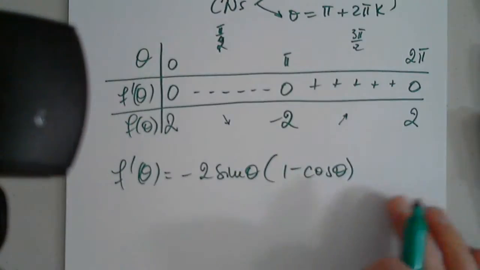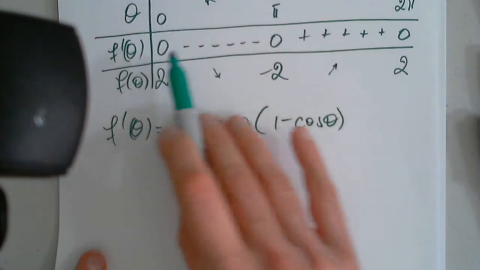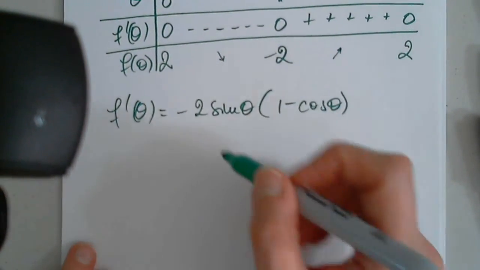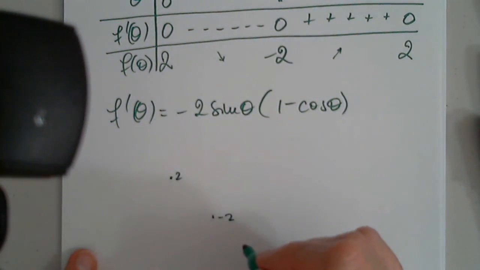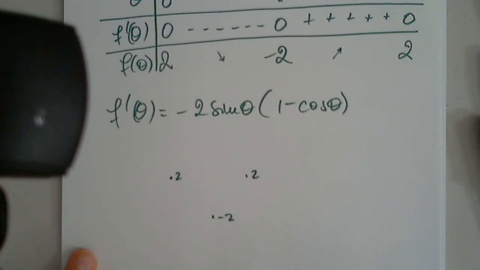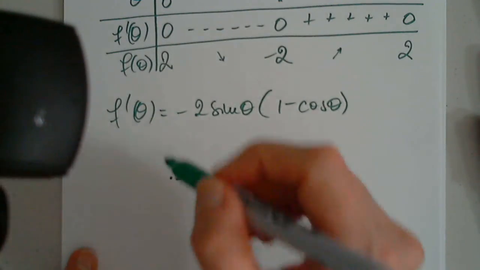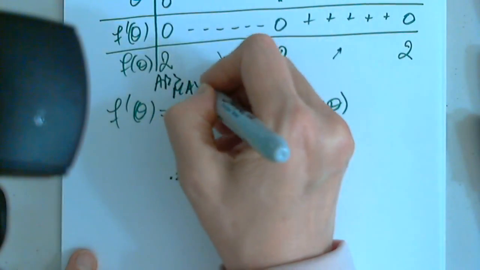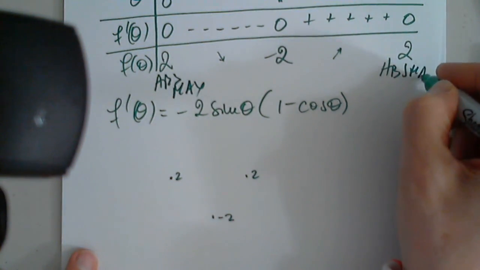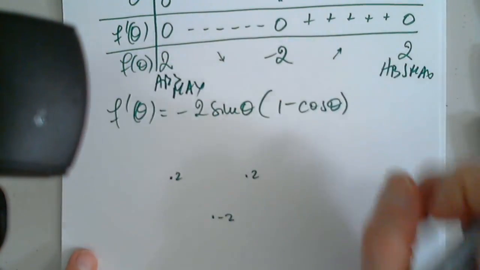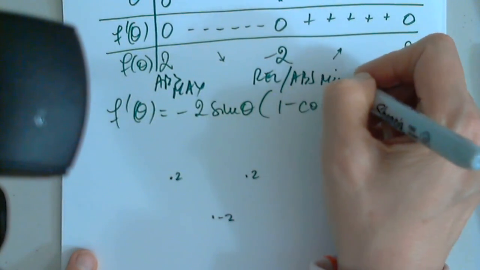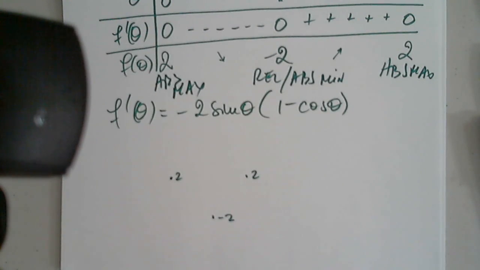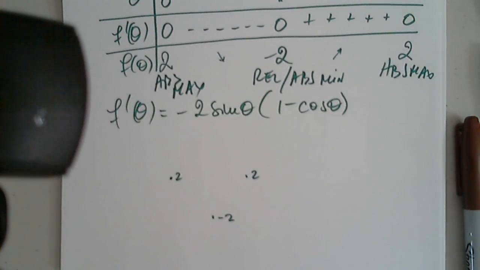So if I'm looking at the closed interval 0 to 2 pi, I will say this is 2, this is -2, and this is 2. So we have an absolute max, they are the same value, and this is a relative and absolute min. So that's a typical situation for critical numbers for